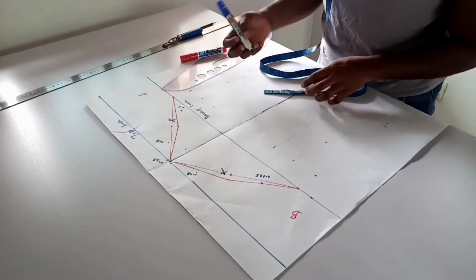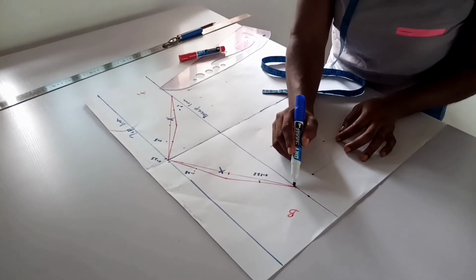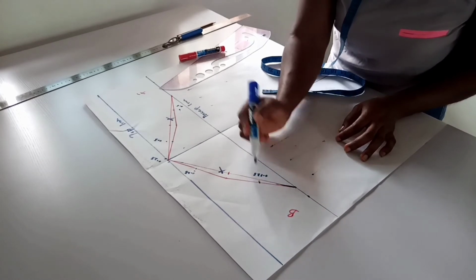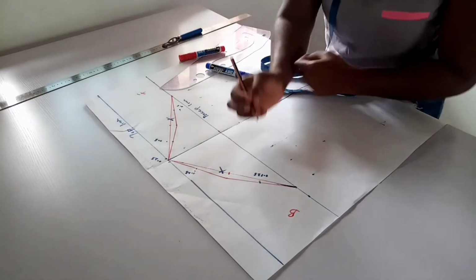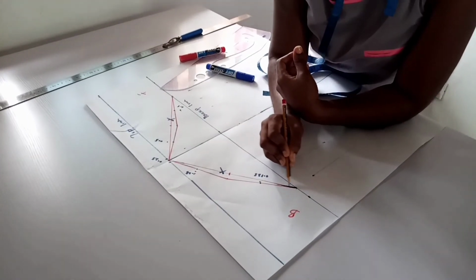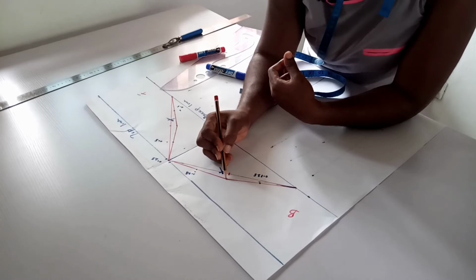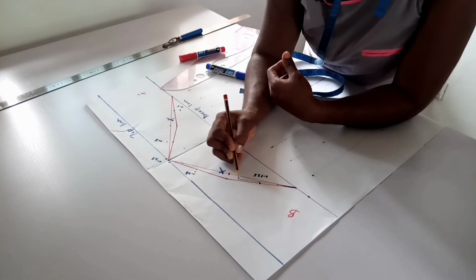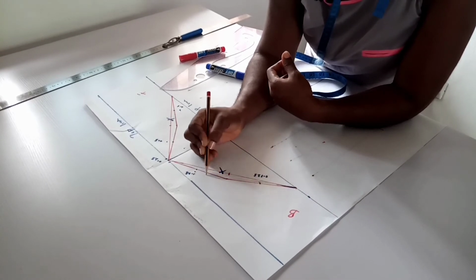So watch me do this. I'm using my blue marker so that we can all see. So from the bicep line at the back is where I'm starting my connection from. Let me use my pencil so that if there's any mistake, I can actually erase. So from this place, this is my first point, and I'm coming back to this junction. So I'm connecting it back here just to connect to